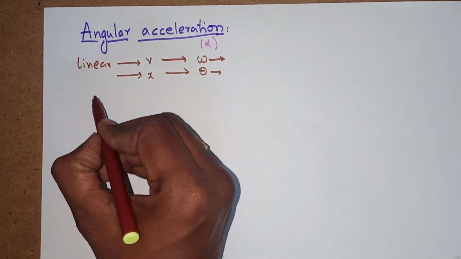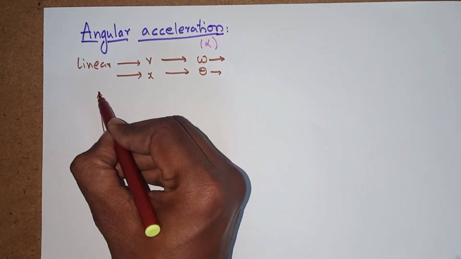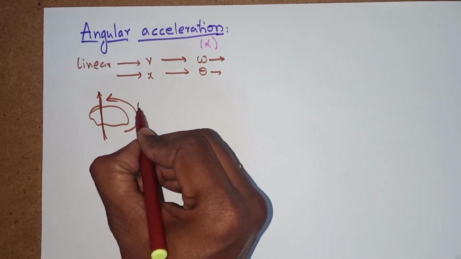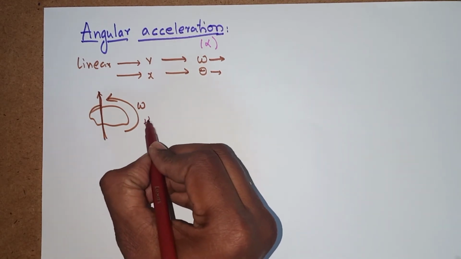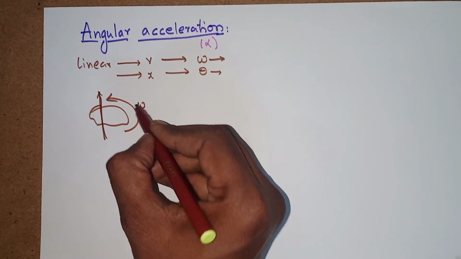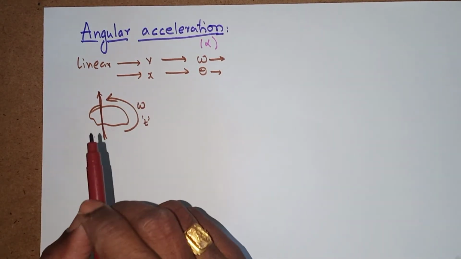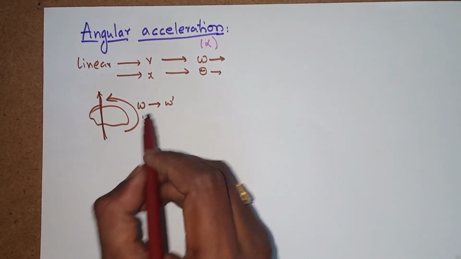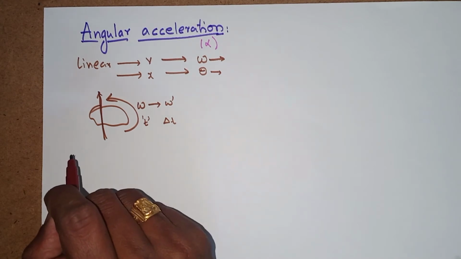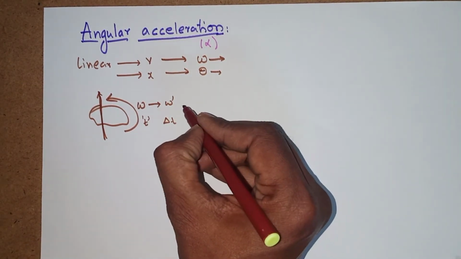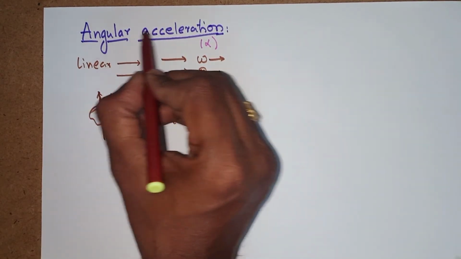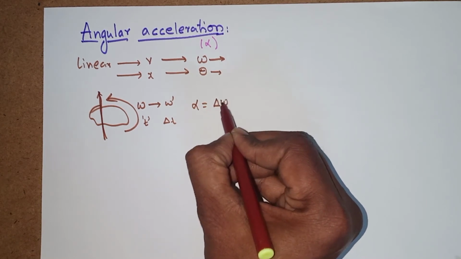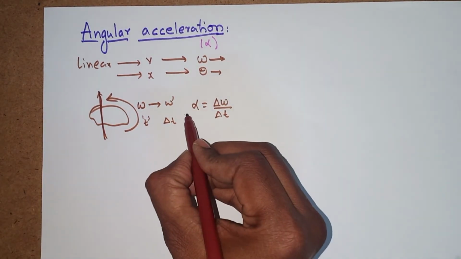A similar concept: suppose this is the axis of rotation, where a body is rotating about an axis with omega. But after time t, omega might be changing, meaning it is rapidly going faster or maybe slowing down, changing from omega to omega dash in a time interval delta t. Now how to write it? Generally the average acceleration is the time rate of angular velocity, so alpha is equal to delta omega by delta t. This is the average angular acceleration.